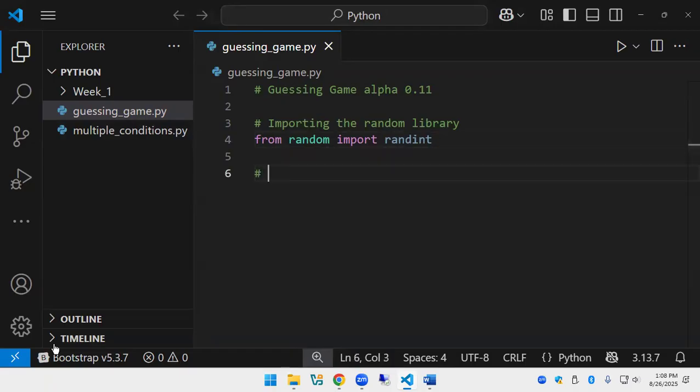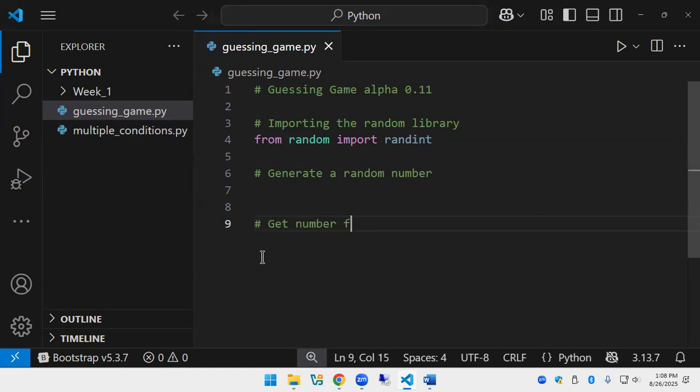So the computer, we're going to generate a random number, right? After we generate the random number, what are we going to do? Make it a loop. When I ran the program, what did I do? What was the next thing that happened? Inputs. We need input. So I'm just going to pseudocode that out: get number from user, right?